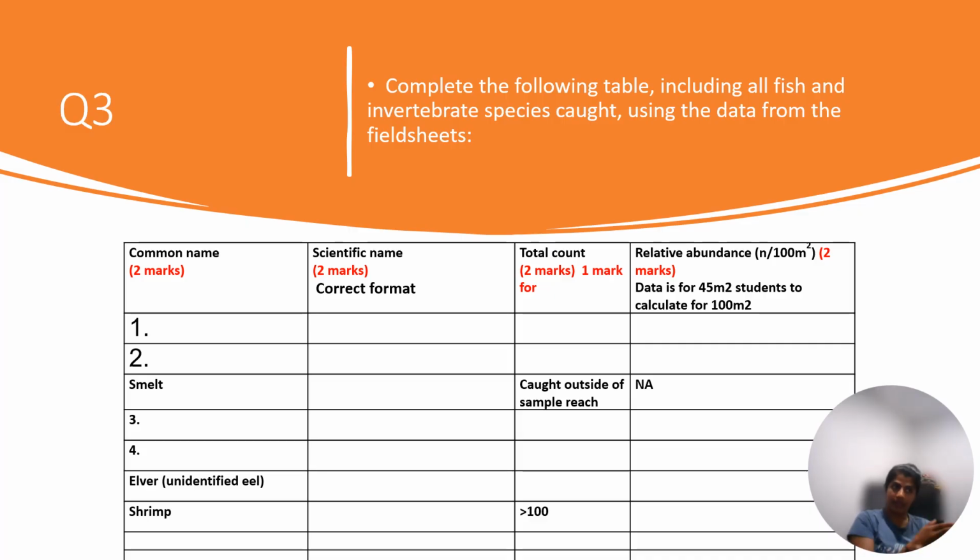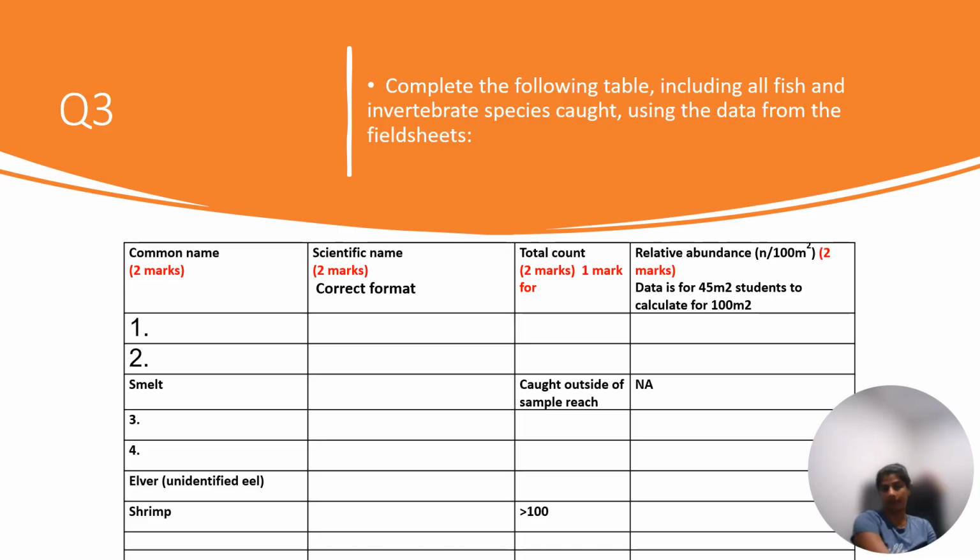And the second group, we didn't keep those fish, but we did find smelt in there. So I've added smelt in the table, and you can write it's caught outside of the sample reach. And then there were shrimp as well. That was more than 100. So there are other fish in there that you had found, observed, and then I want you to write their scientific names and then what their total counts were, and